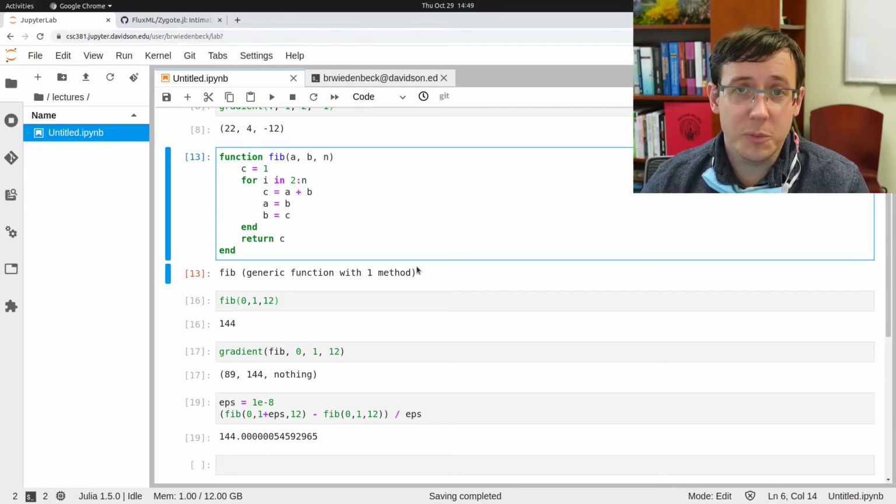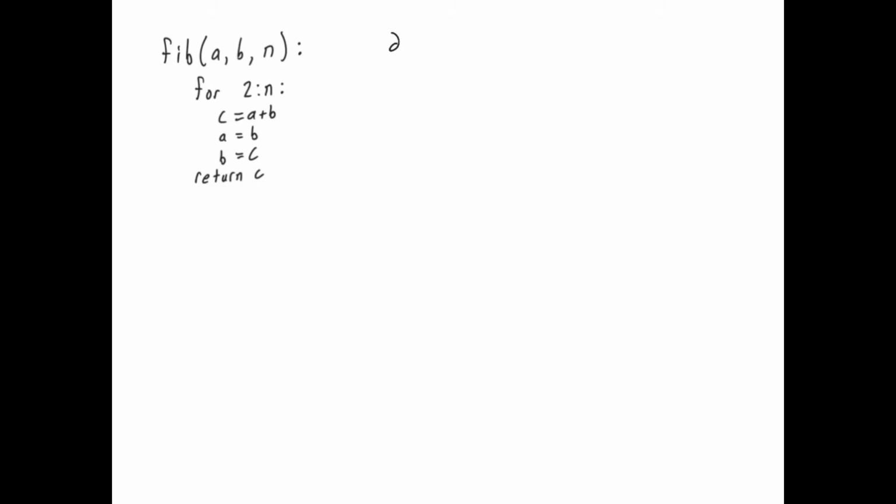And the way reverse mode automatic differentiation works is to essentially build up a computation graph automatically as the function is being executed, and then to backpropagate partial derivatives through that computation graph. So let's switch over to the iPad and draw this out. If we want to compute the partial derivative of a function like fib with respect to its inputs a and